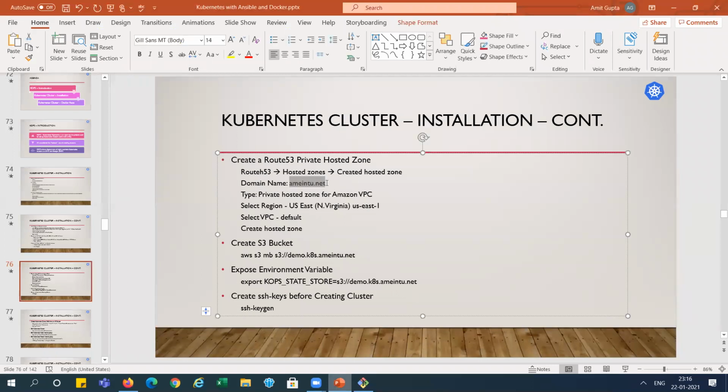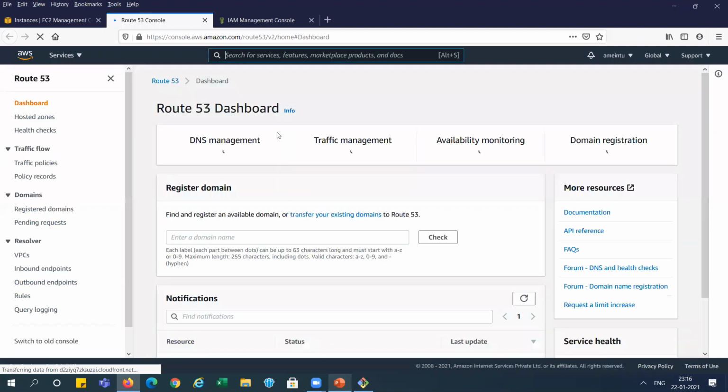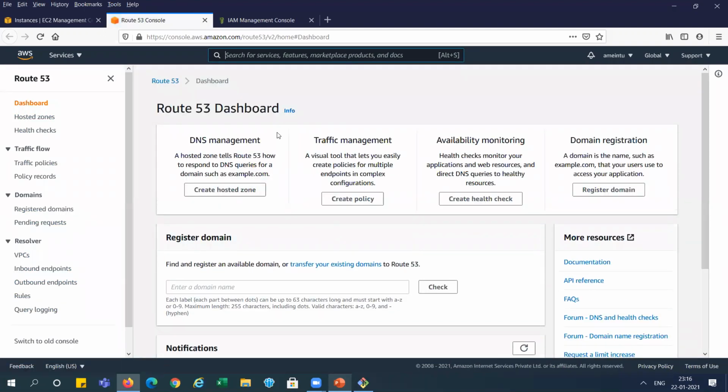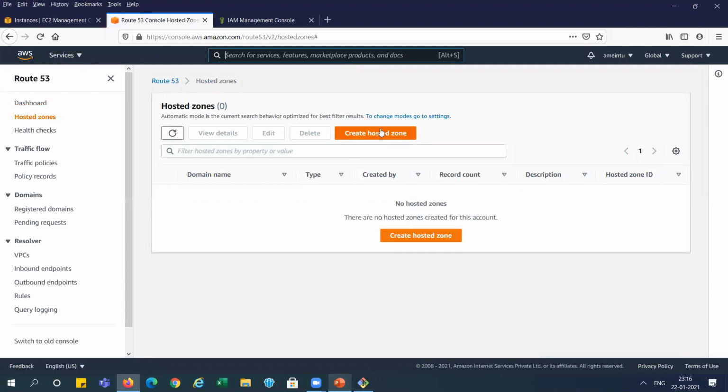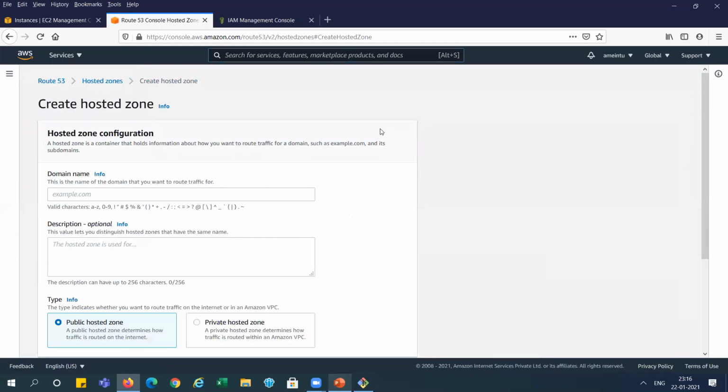And I will put the domain name of Mentu.net, right? So actually, I don't have any public domain here, but we can use any private domain here. I will show you how we can do it. In Route 53, you can see here hosted zone, and this is create hosted zone, right? And I am putting the domain name, my mn2.net,